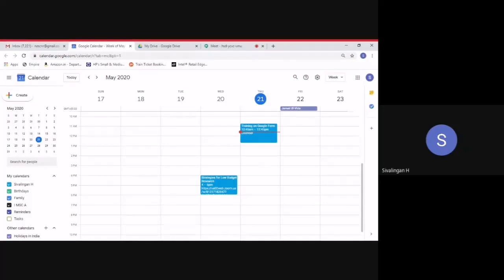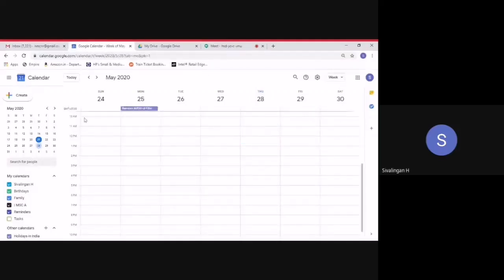We are using a different ID with a different computer, which is called the host system. The system I am using is the presenting system. I'll tell you what the difference is. Now, after going to this place, let us decide that sometime next week, on the 28th, we have a meeting.